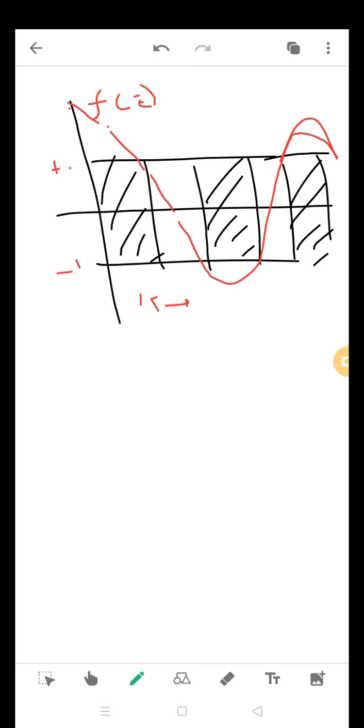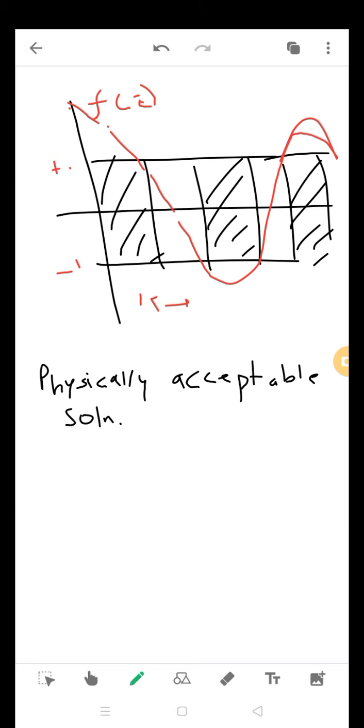Okay, so let's put it like this: physically acceptable solutions between plus 1 and minus 1, and k here is equal to plus minus pi by a plus b. So it actually tells you about this value or this width,